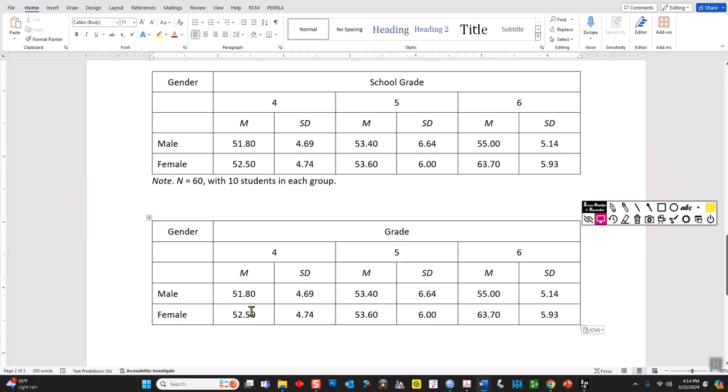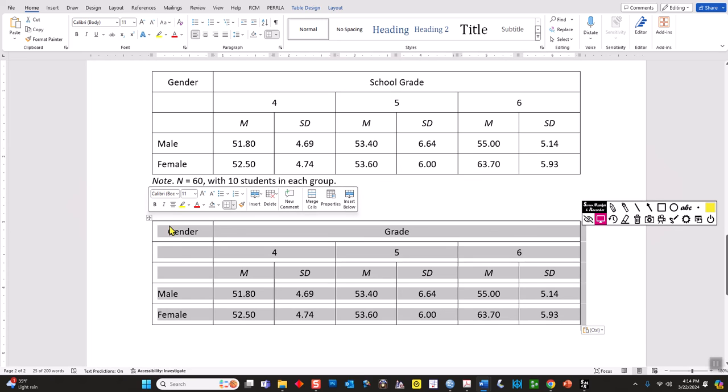Okay, so it's looking pretty good, but what we don't have is the exact APA style for the invisible borders, and you have to do that in order for it to be APA style. So what I'm going to do is highlight the entire table by clicking that little widget up here in the top left corner. Go to